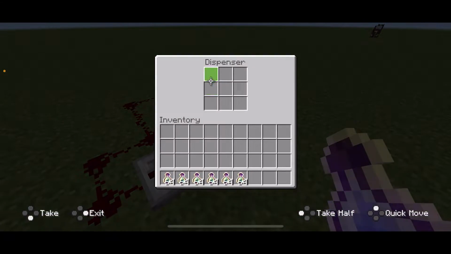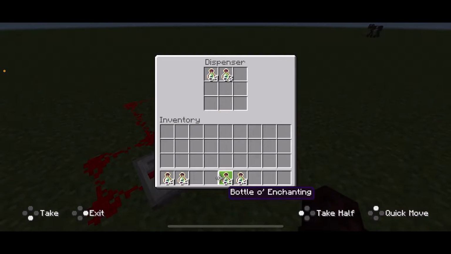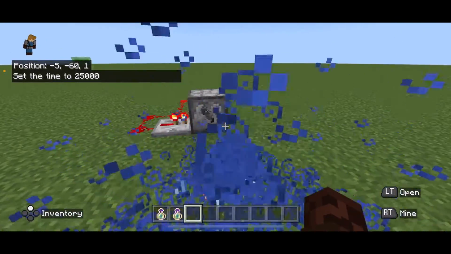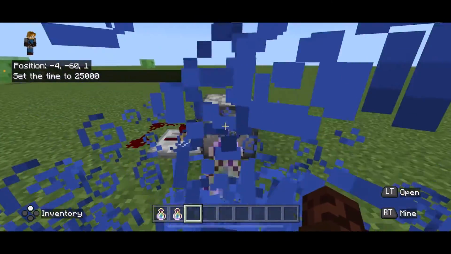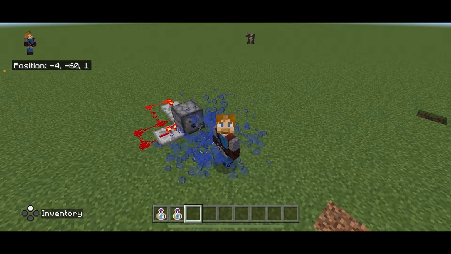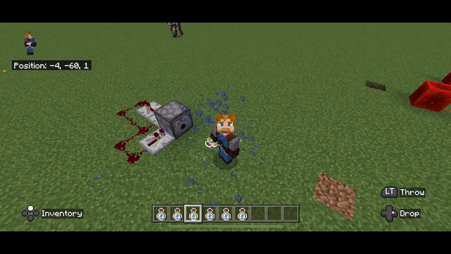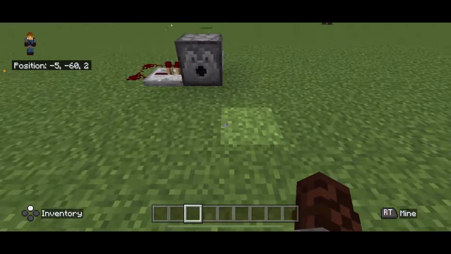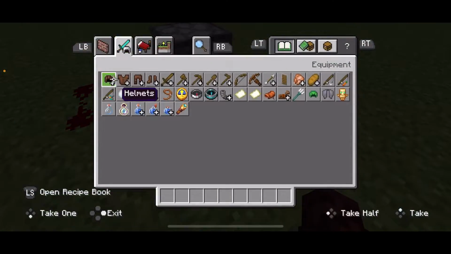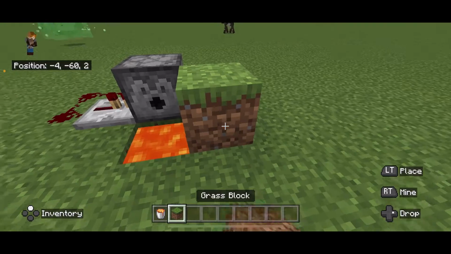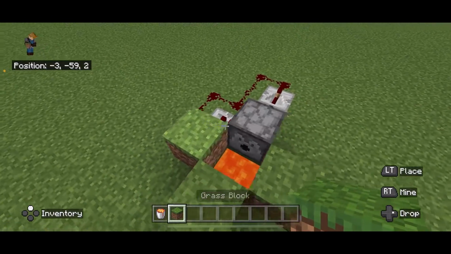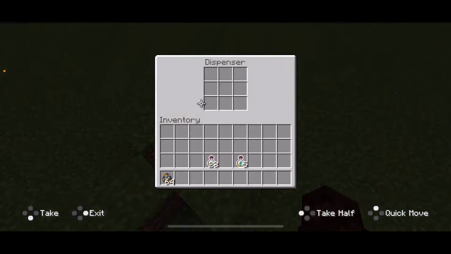And let's fill this bad boy up with bottles o' enchanting. Now we could just stand here and get XP. Ta-da! Once all your bottles run out, the dispenser stops. Great way to create a trash can, by the way. Throw a bucket of lava in here, kind of block this up so nothing escapes. Then if you have something that you just want to throw away,